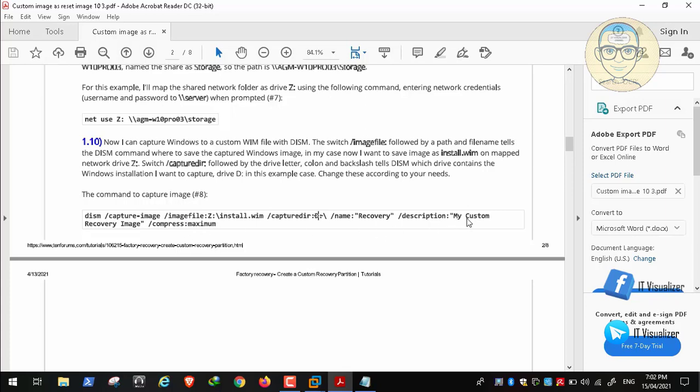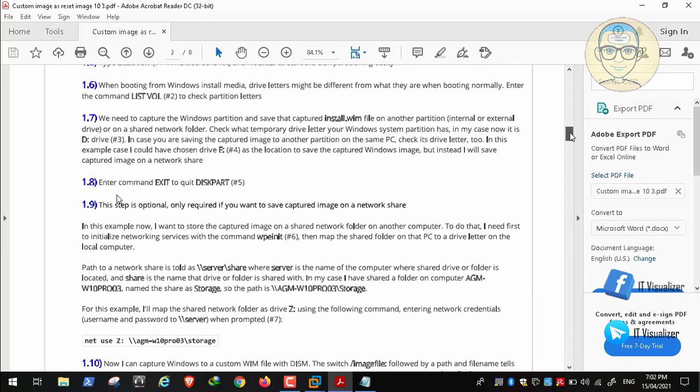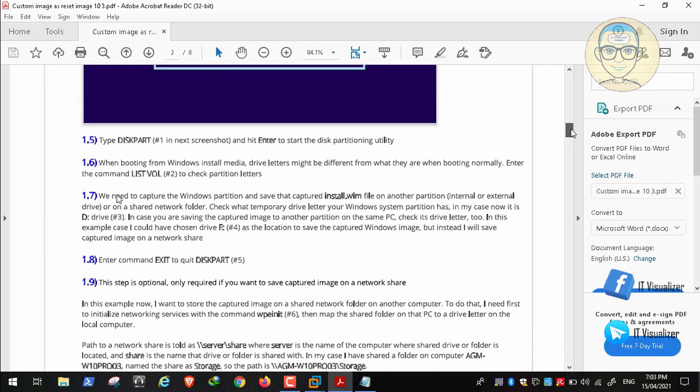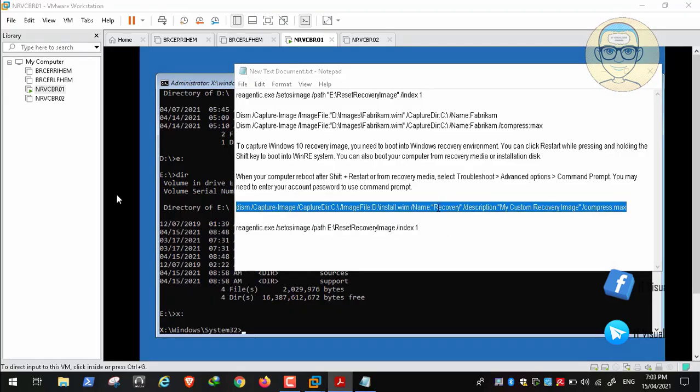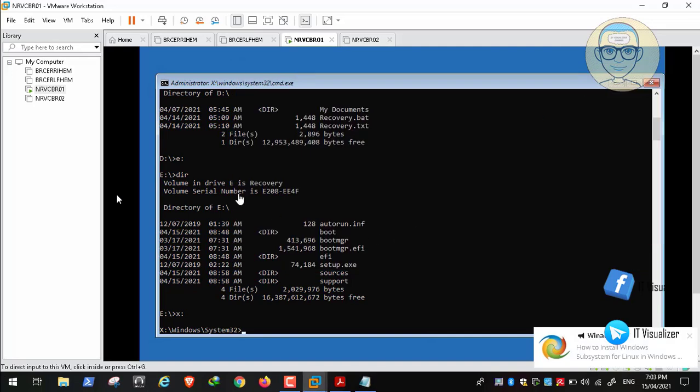Okay, and we need to make it the same as typed here. So we make the description for the image my custom recovery image, and name the image recovery. Okay, so let's wait and see. Here this is the full PDF that contains the instructions for making a custom image, a reset image, or a custom recovery image for Windows. So we will copy the command, and then we will type it,